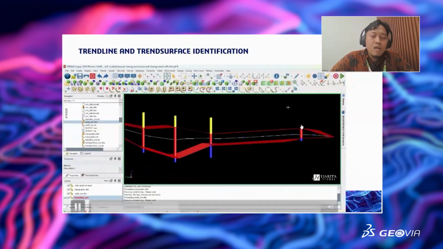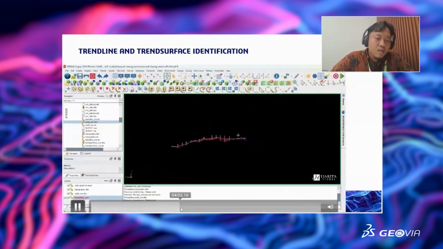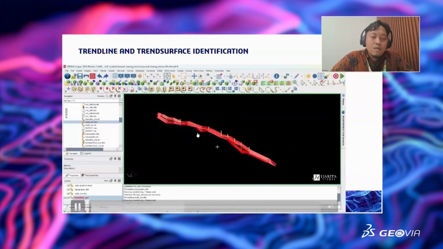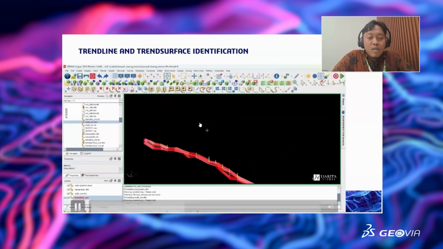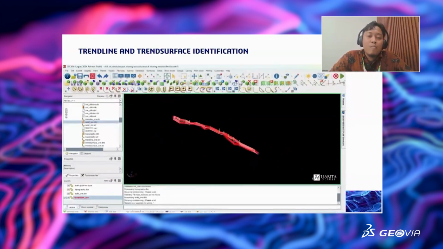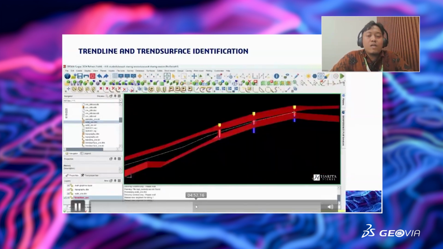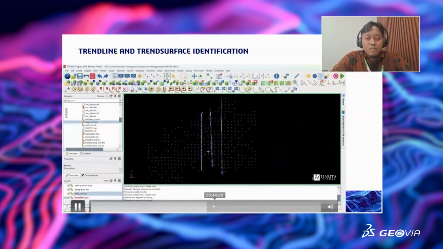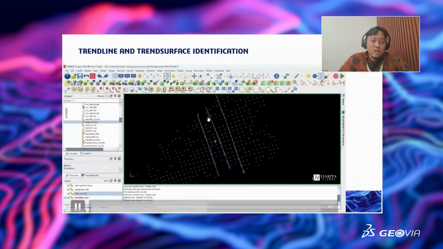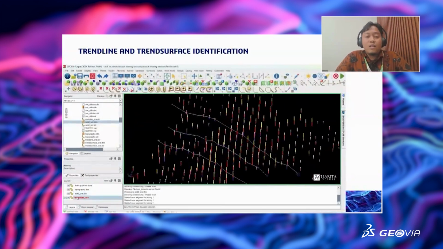Here after that, I just right click, and the trend line is in the middle of the solid. After that, I will create another trend line here, and there are three trend lines at the end.